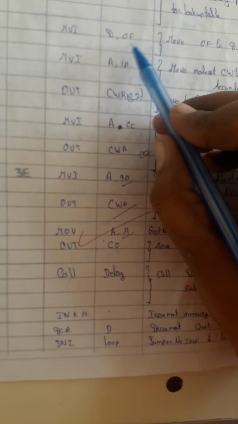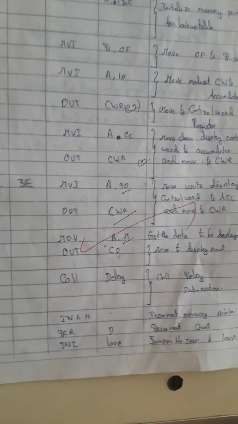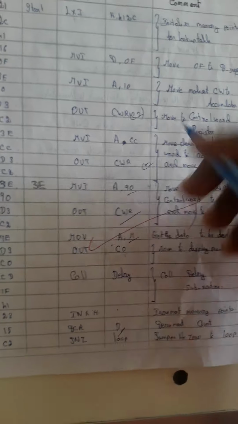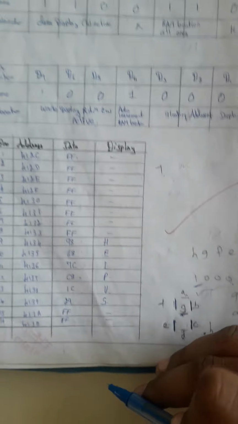This will be moved to the display port address, and then we are calling delay to get the next character. After calling delay, we are incrementing the memory location, so it is 412D, and then decrementing the D register. After getting one count, it is decremented by 1, and then we check for 0. The D register will be 0 after getting 16 characters. Otherwise, jump to start, and this will be repeated again and again. Similarly, each time the count is reduced, we get all the characters in the display.